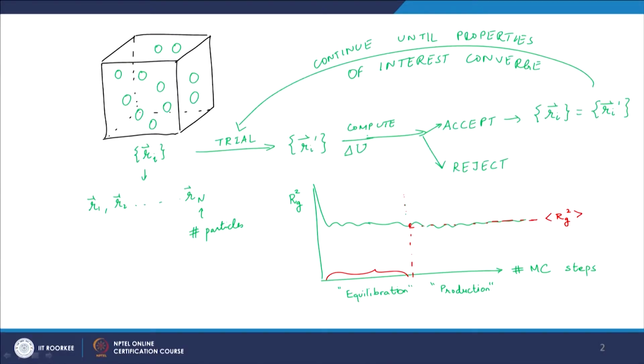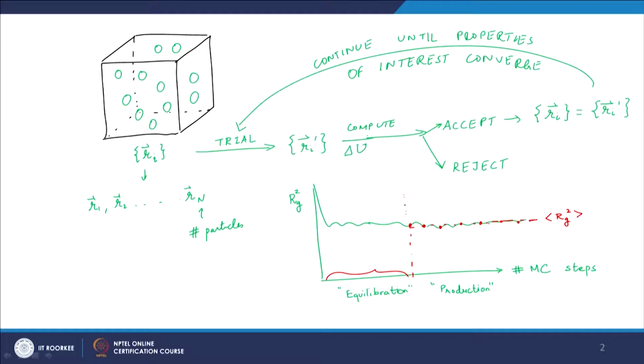So, now we can afford to do pretty long runs, at least for system sizes which are not very large, and we first do a run long enough and see whether the Rg value, or whatever I am interested in, starts to fluctuate around an average, and then we start doing a production run. And the key is we take many samples during that production run, and then I take an average over those samples.